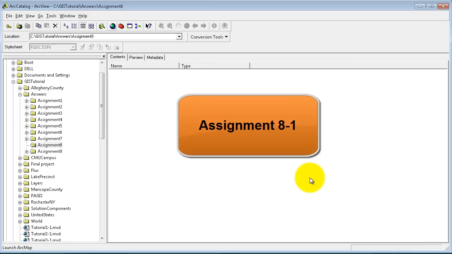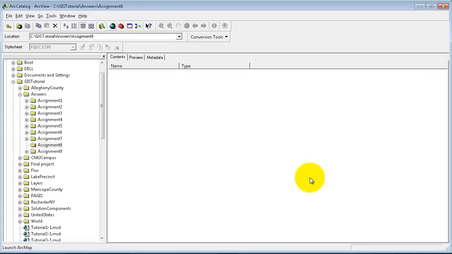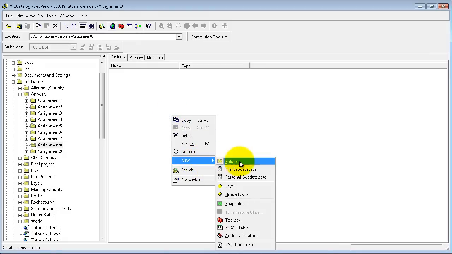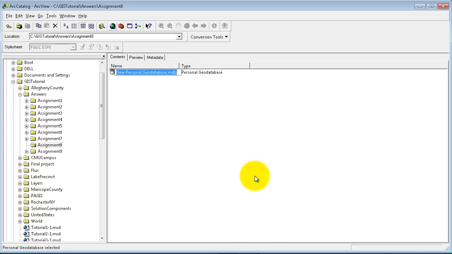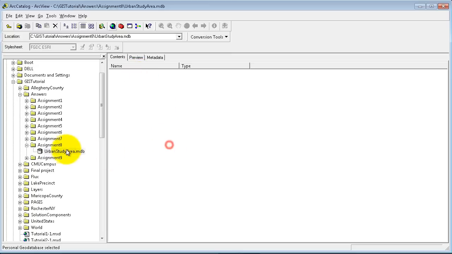Assignment 8.1, we are trying to build a study area region for Colorado counties. First step is to go to your assignment 8 folder in your answers under GIS Tutorial and create a personal geodatabase called Urban Study Area. Urban Study Area, so this is like the output database where you are going to save all your